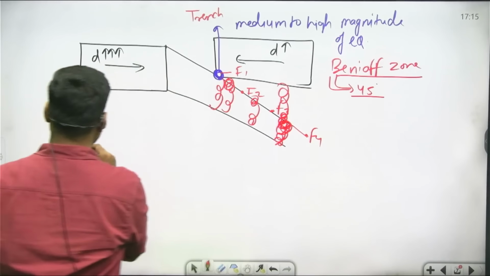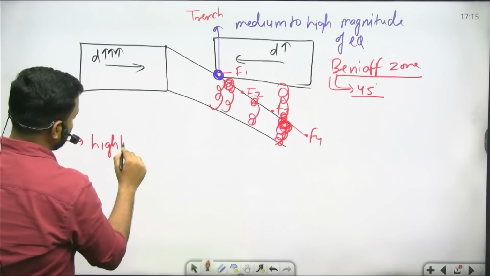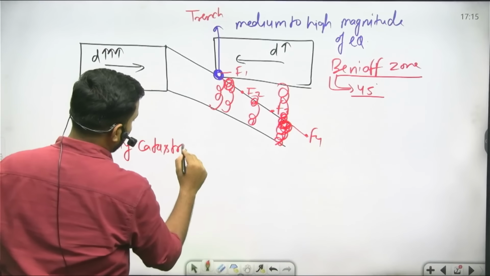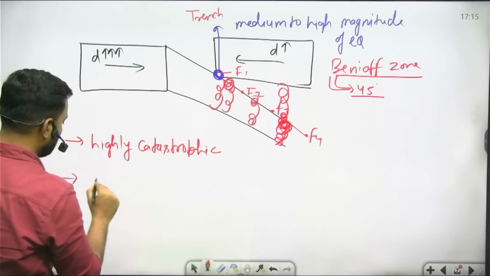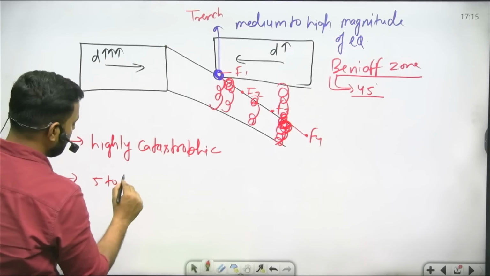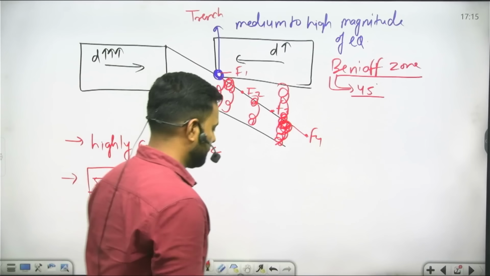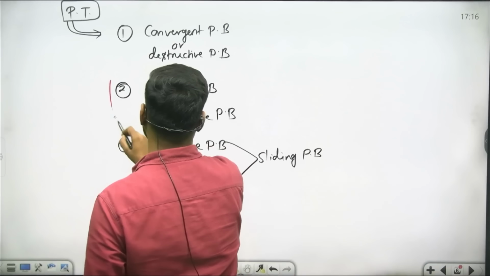और it is highly catastrophic. क्या होता है, highly catastrophic है, and magnitude is between 5 to 10 के बीच का मैग्नीट्यूड का अर्थक्वेक आ सकता है. Okay, now we are just going to discuss the second, divergent plate boundary and the